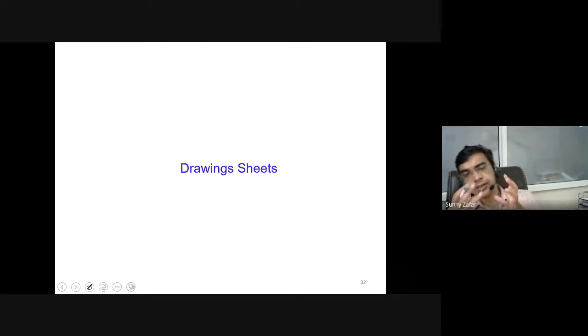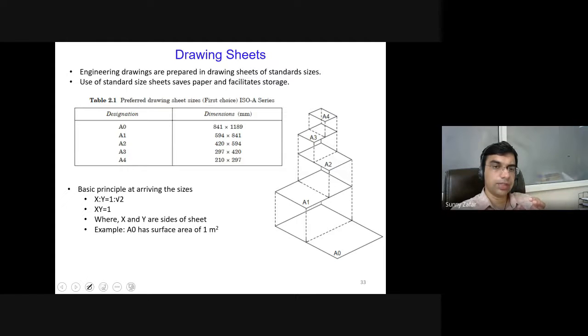Now, this is the main objective of any machine drawing for any component. These drawings are not always stored in software. Most of the drawings are used when they are printed on sheets. Since these sheets have to be readily available on the shop floor to be accessed by the personnel working there, these drawing sheets are very important for producing any part. These drawing sheets follow a specific pattern, again as per the ISO standards. So all the machine drawings are produced on these sheets.